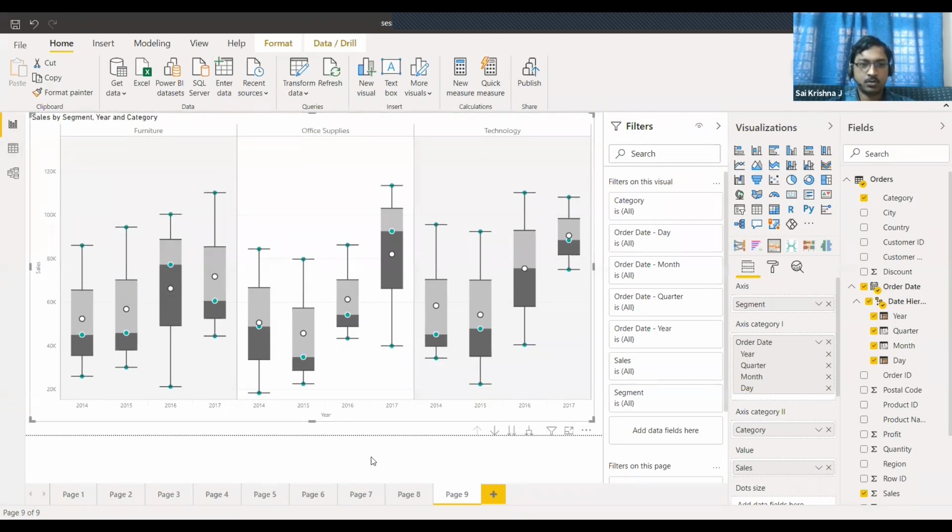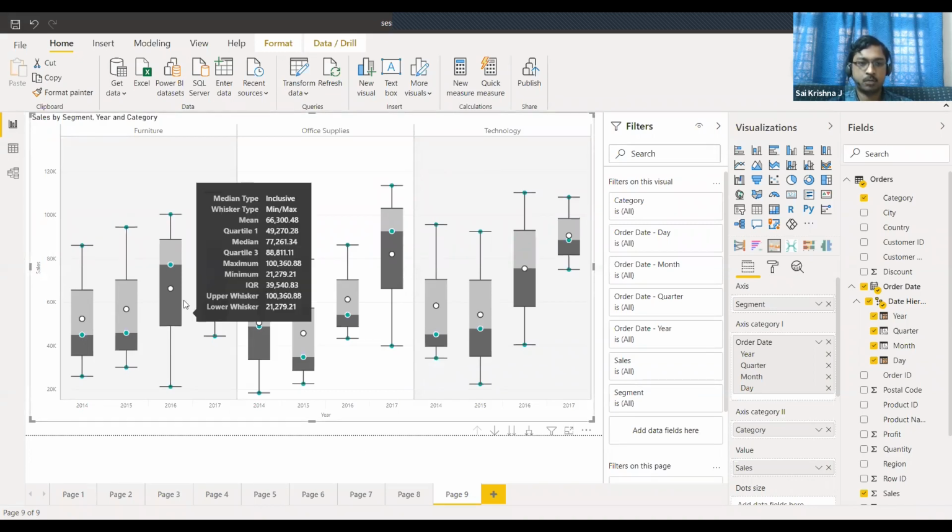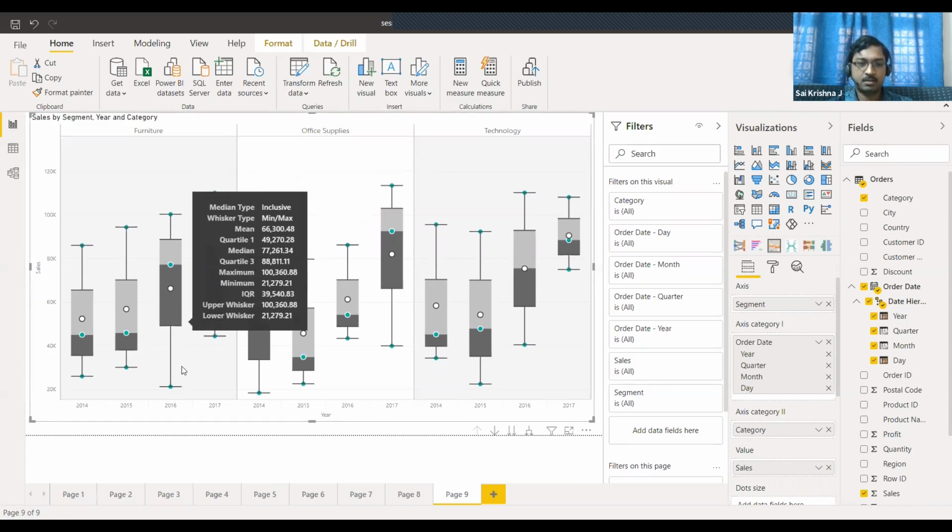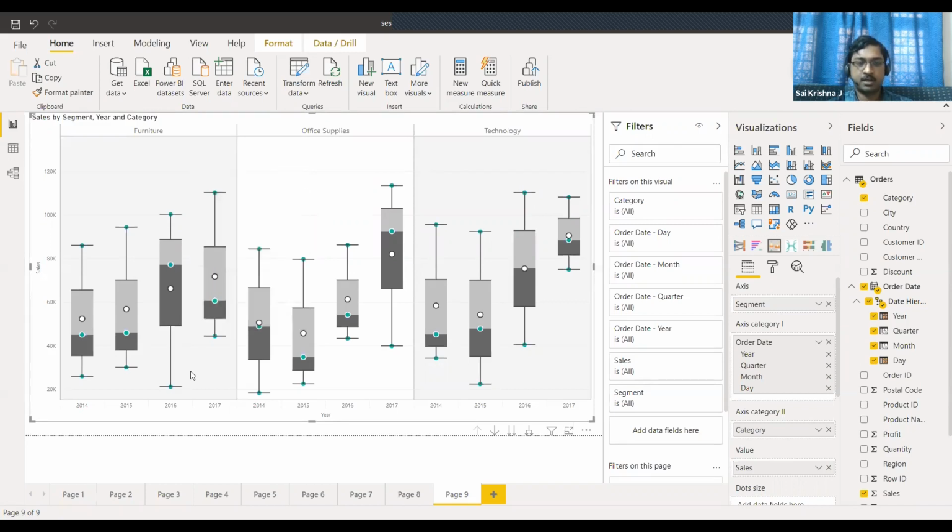The box whisker plot, as the name says, has two parts. One is called the box and the other is called the whisker. The box is the rectangle that you see on the chart, and the lines, one on top of the rectangle and the other below the rectangle, are called the whiskers.